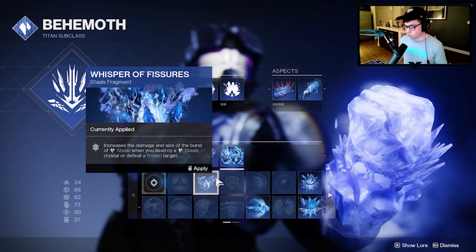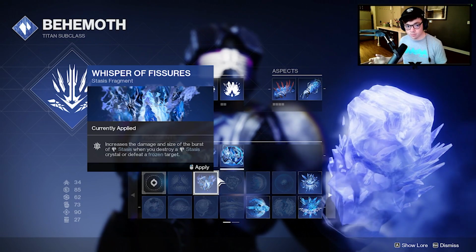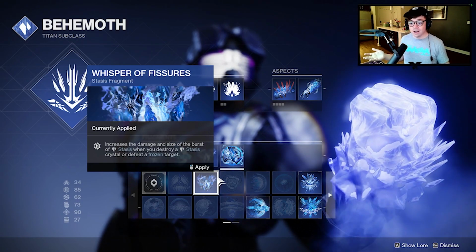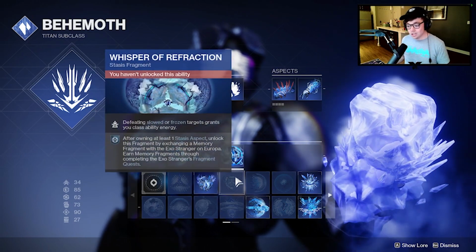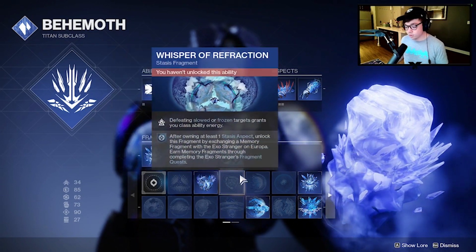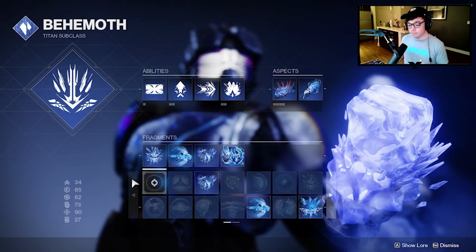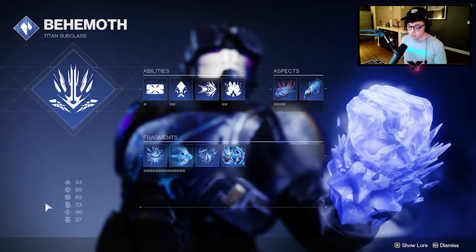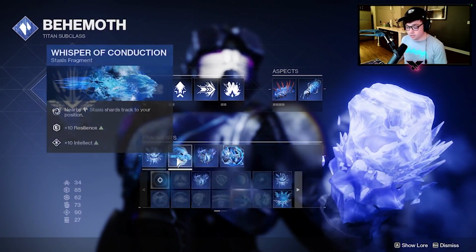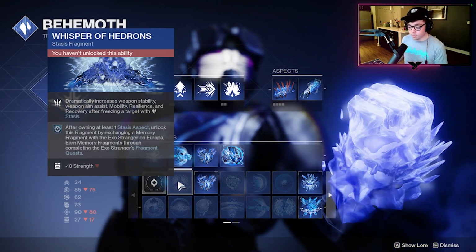Fragments are just like these little fun boosts that are going to help differ your entire subclass itself, so that every single Behemoth might have a different setup going on here. Some of them might be like, you know what, I want to have more ability energy. Some of them might want more melee energy, something like that. And it's really awesome that it also will do different changes to your different strengths, your mobility, your resilience down here. So if I look at this Whisper of Hedrons, I'm going to lose out on